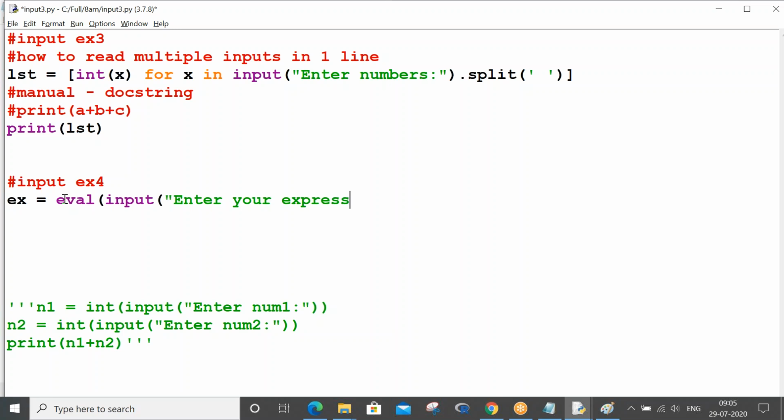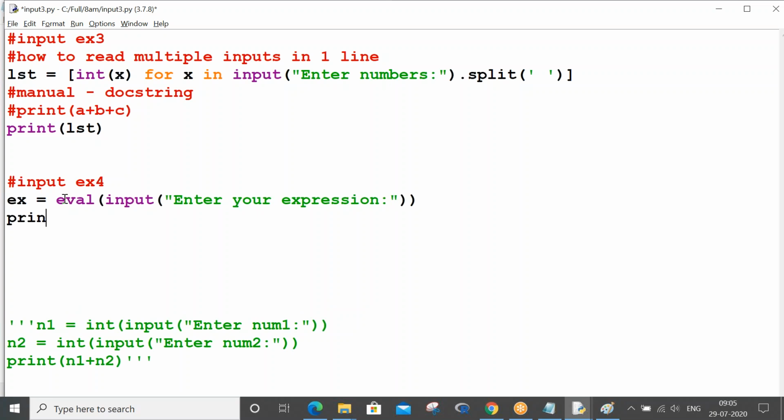We can use the input function in the eval function. It works like your calculator only. Print 'result of expression is', ex.